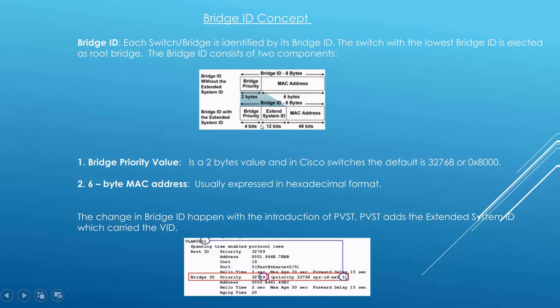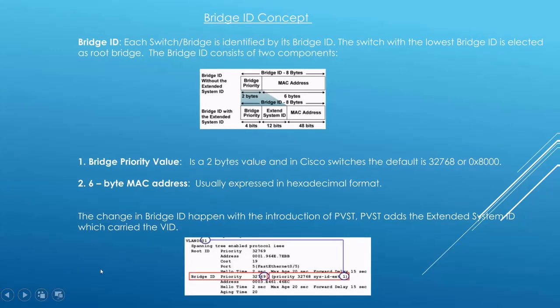So they borrowed 12 bits for the extended system ID, and this extended system ID will usually be the value for the VLAN. It will carry the value of the VLAN, and it will be added as part of the BridgeID. So if you want to find the BridgeID of a VLAN, let's say in this example I have VLAN